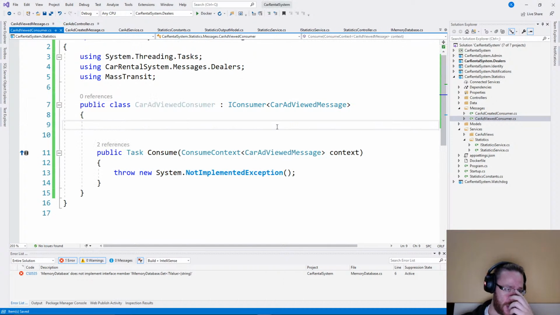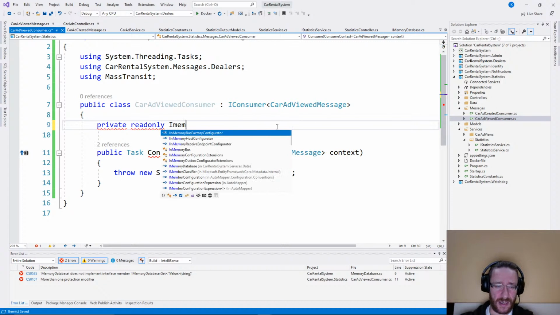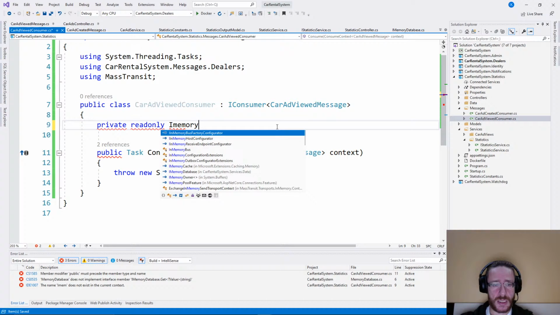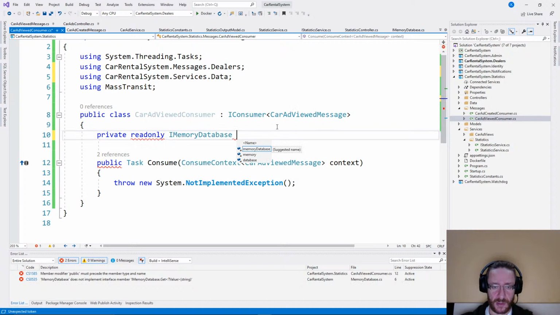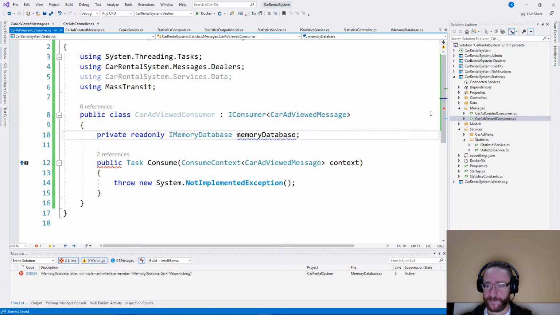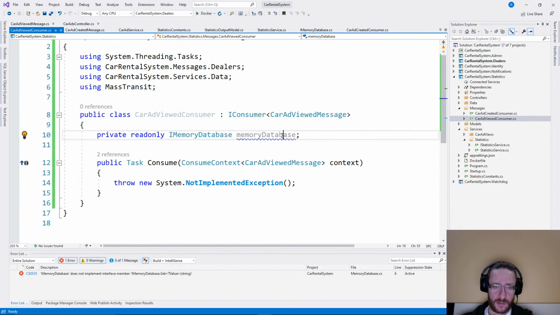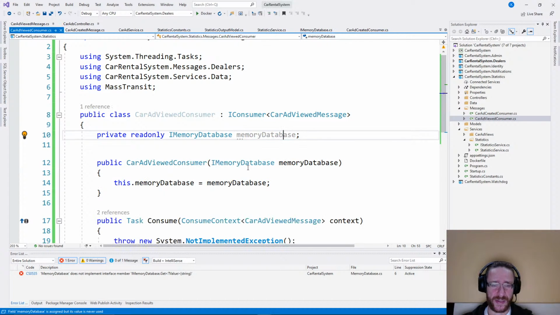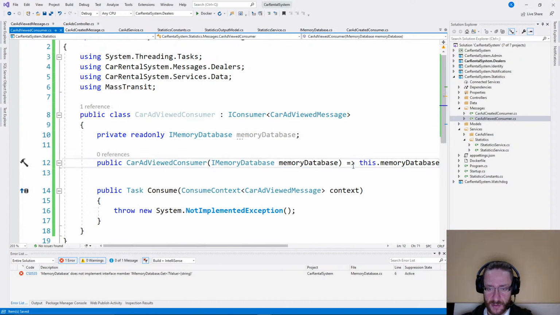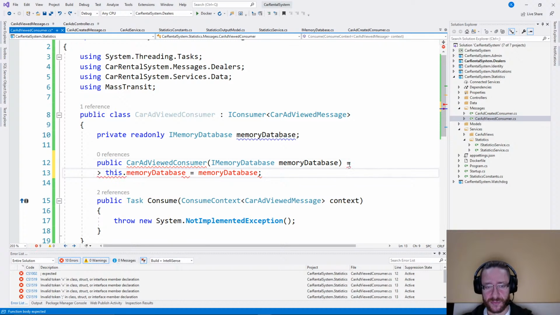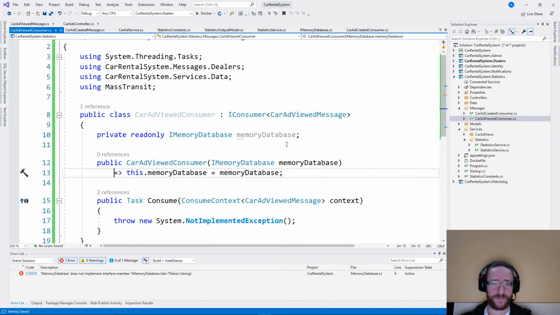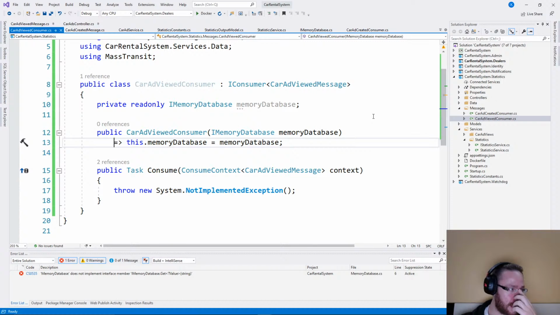Again, I'm going to need the Redis instance, private readonly IMemoryDatabase memory database, and here I will need to increment the